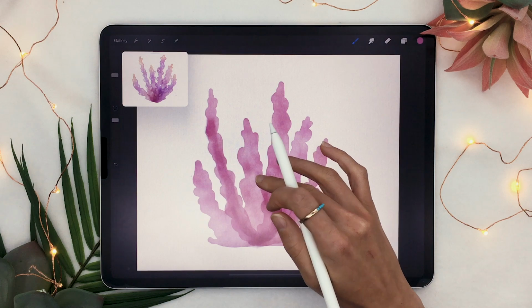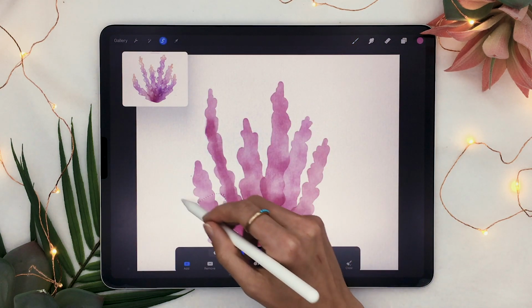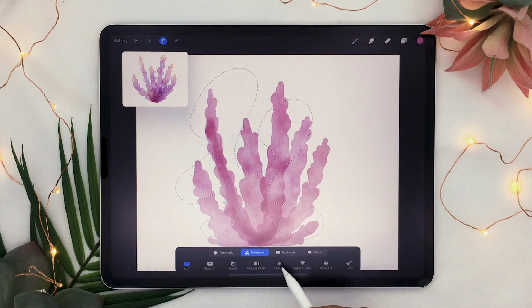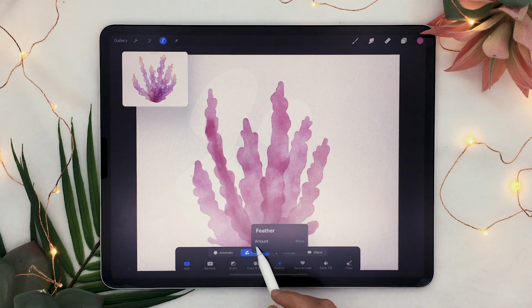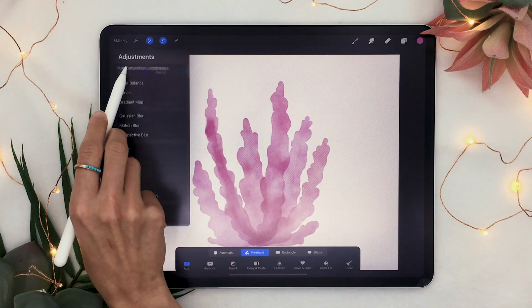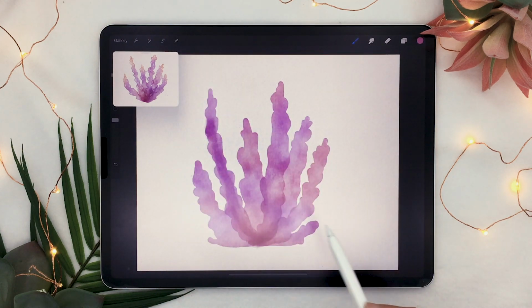So once you've blended all your edges, you're going to add some color variation using the selection tool set to freehand. And to do that, all you have to do is draw a funky squiggly shape and then feather your selection somewhere between 30 and 40%. And from the adjustment panel, select Hue, Saturation, Brightness set to the entire layer. And all you have to do is just play with the hue a little bit to make the piece more